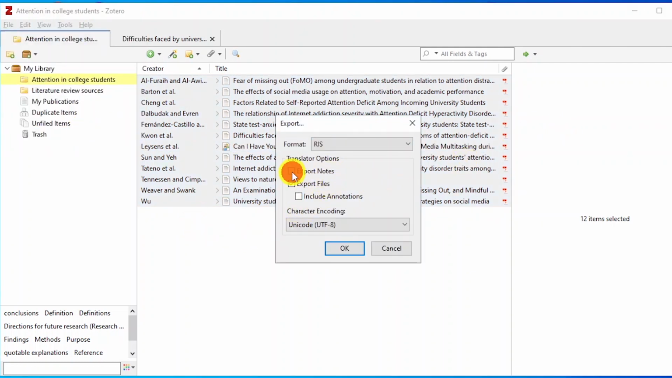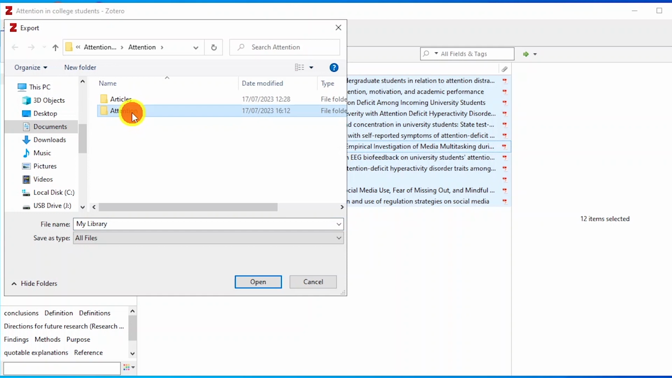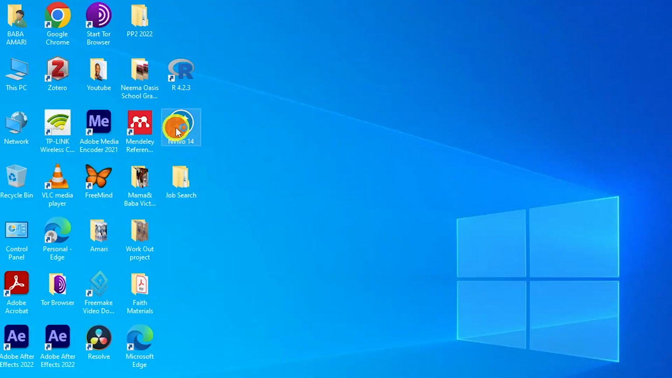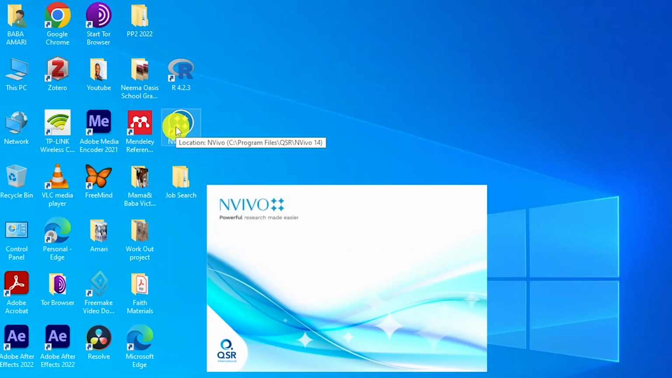I don't want to export the notes I had made there and the annotations, only the files. So I click OK, and then this is my previous folder. I can name this Attention based on my topic of focus, and I can save that folder. Now, after saving that folder, I can go ahead and open NVivo and begin conducting the literature review process using